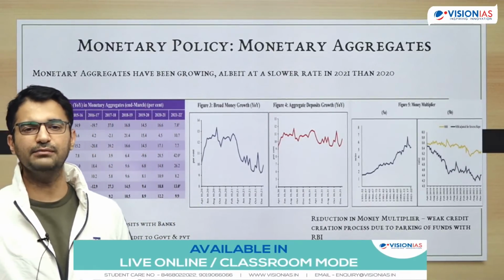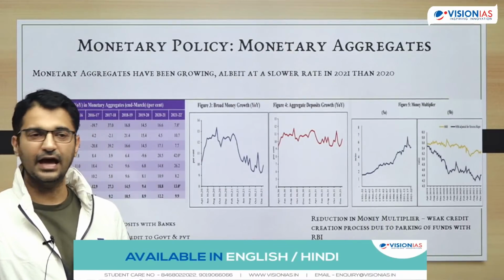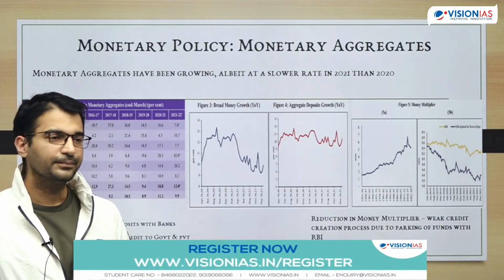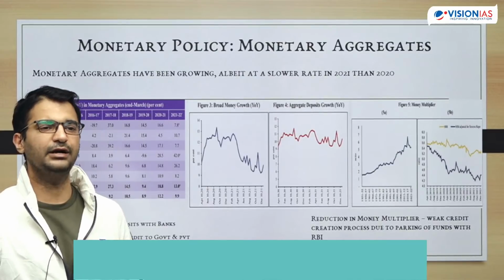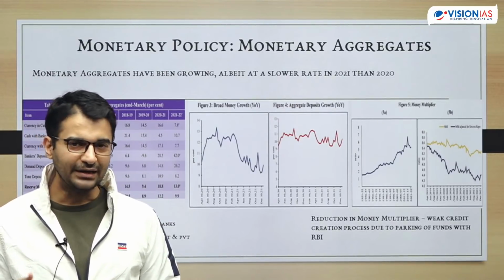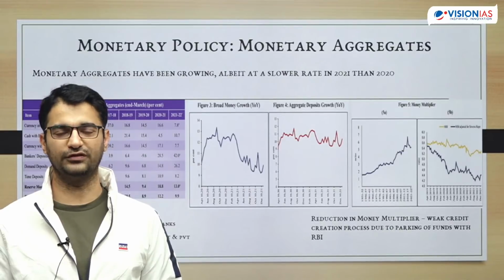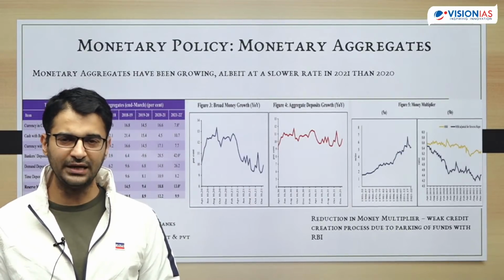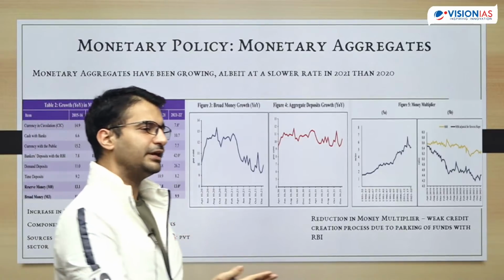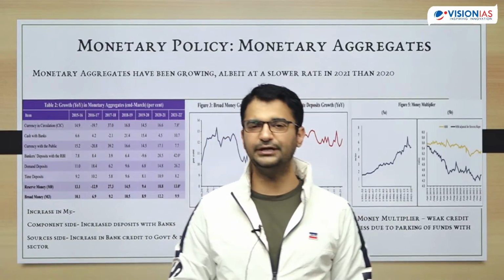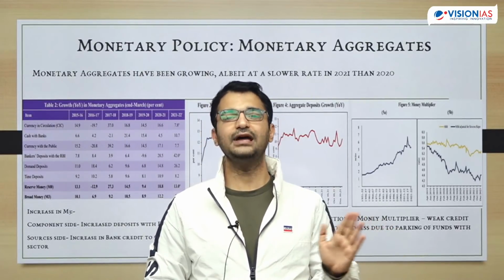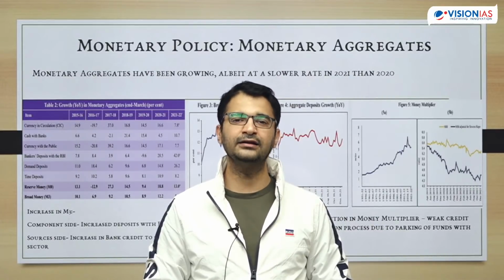There has been a reduction in the money multiplier, and reasons for that can be attributed to the weak credit creation process by the banking system. I'll repeat. We know what money multiplier is. Money multiplier is the ratio of the amount of money present to the high powered money. If the banking system creates more money from its credit creation process, that leads to a higher money multiplier. If the banking system does not create money from its credit creation process, the money multiplier will not be high, it will be low. So if the money multiplier is decreasing, it can be attributed to a decline in the credit creation process